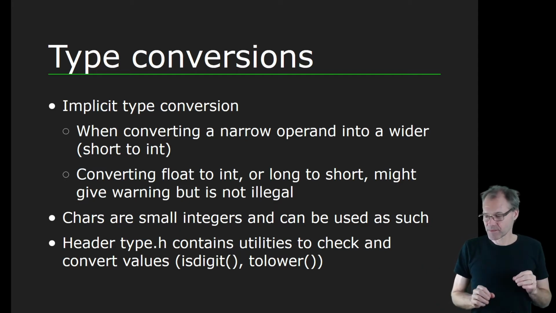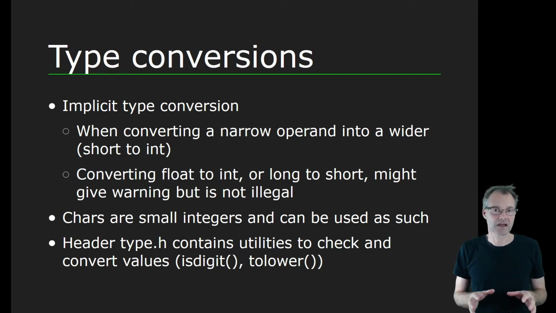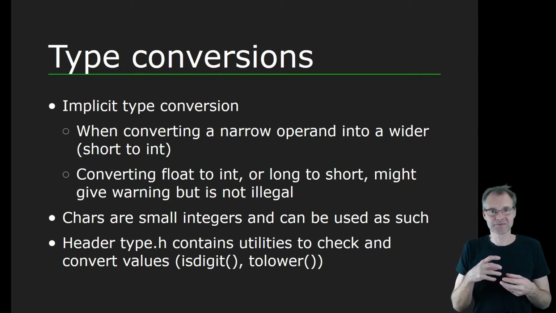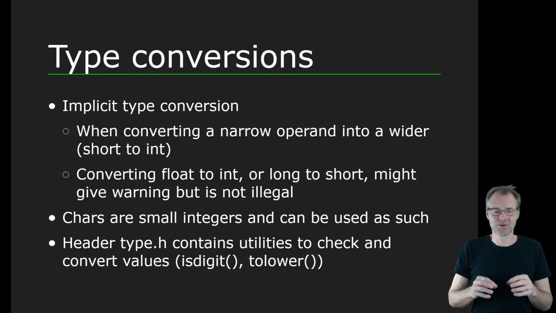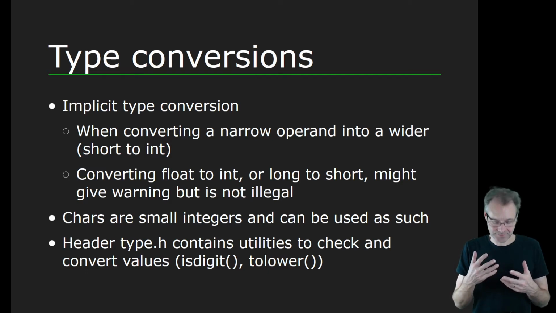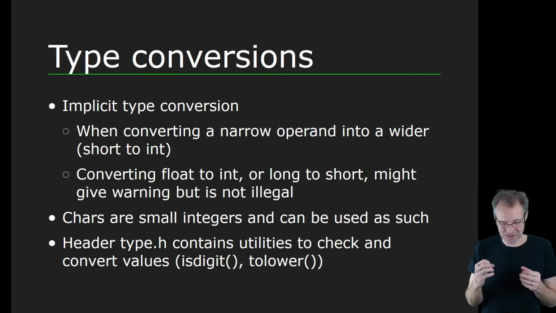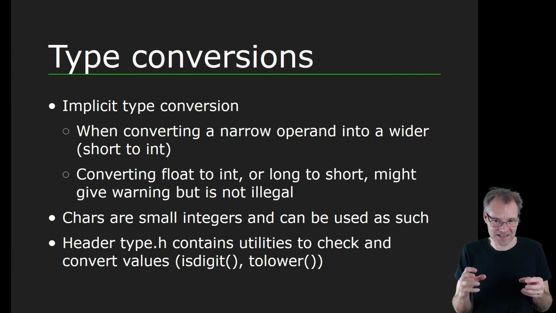When we run our program, there might be what is called implicit type conversions, and that is converting a value from one type to another type. And this might happen, and it does happen, and it's a bit up to the compiler how it's actually done and when it's done. So it follows some kind of system, so it's okay to convert a narrow operand into a wider one because you do not miss any information from it. But you cannot, there are many of these implicit conversions that